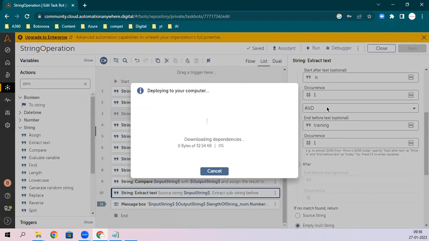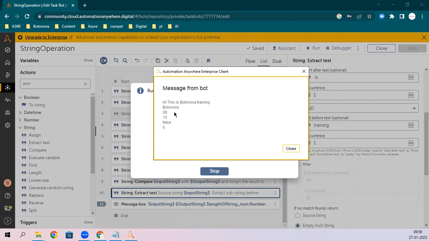This before and after is a little bit confusing with the name or scenarios, so I will give you some tips. Now we are getting Botanova directly because we have given space "is" and training in the after. If the position keeps changing, let's suppose "hi, hello, this is", and before you have "is" and "training" fixed, you will get Botanova.